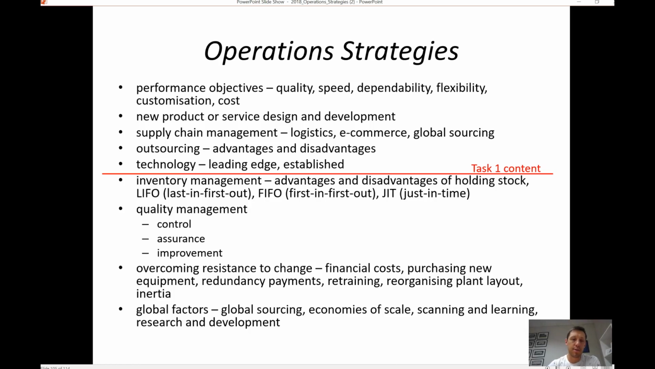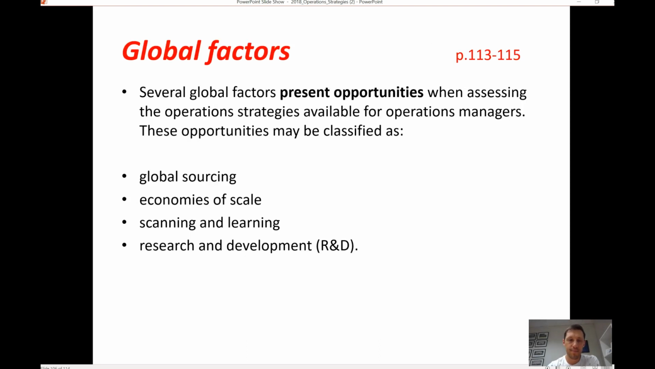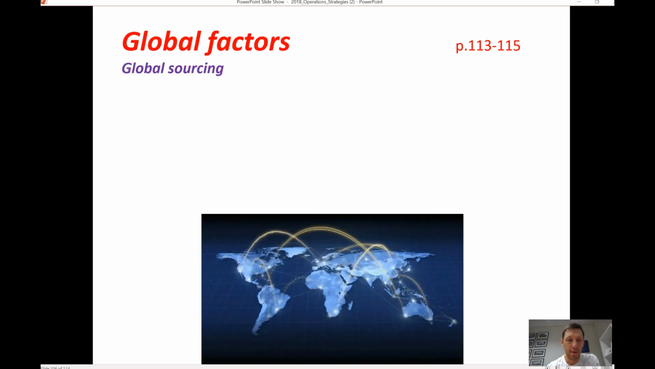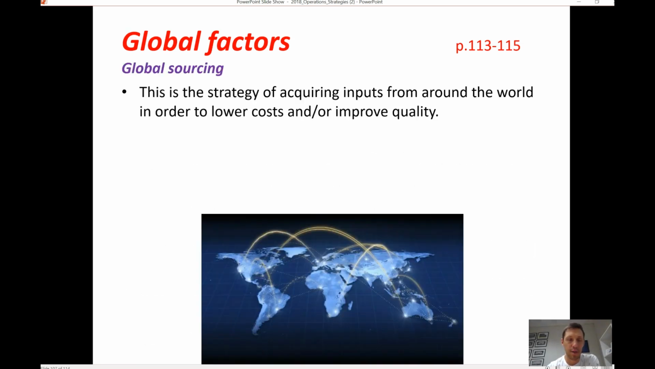The last operation strategy is that of global factors. From an operations perspective, they need to consider what factors are going to have an influence and what strategies could we use to make this business more effective. So you've got 4 key factors there: sourcing, economies of scale, which we've spoken about at length, scanning and learning, and R&D. In terms of global sourcing, it's really about acquiring inputs from all around the world to lower costs